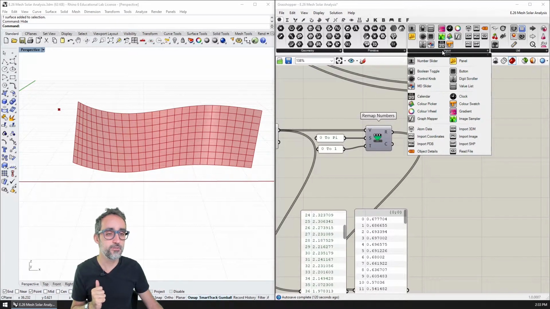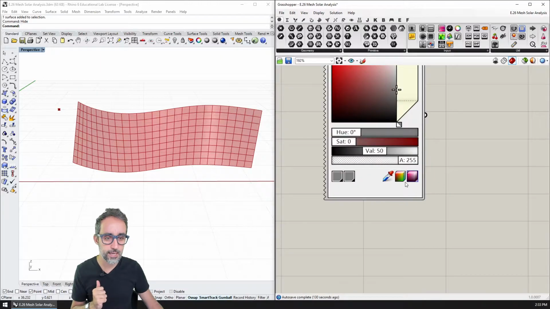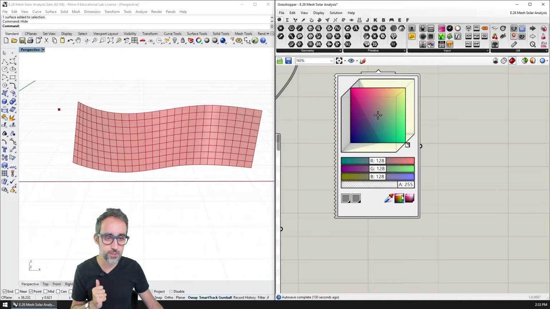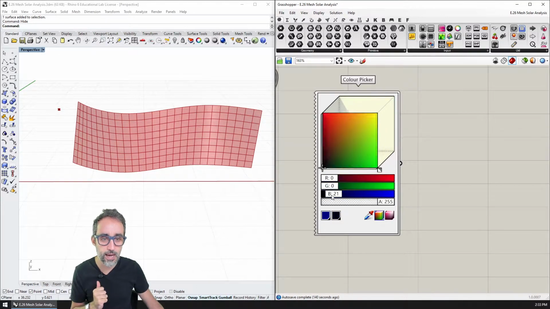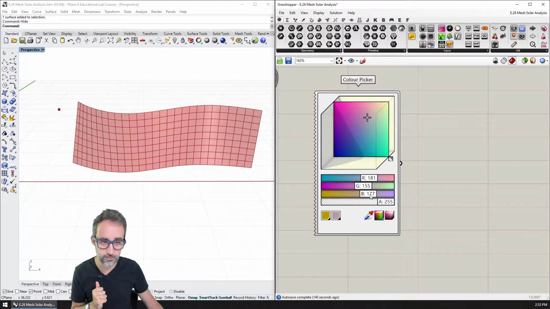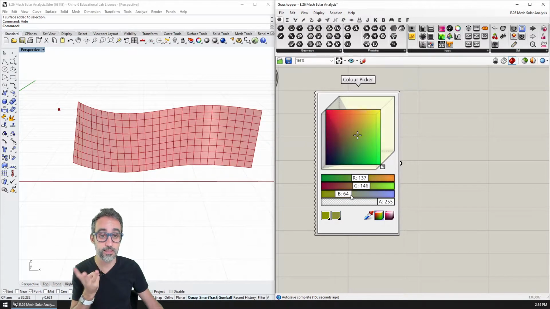So for example, if I go to the inputs tab and I drop here a color picker, and I set it to RGB space, what you can see is that when I move these 3 sliders here, I can basically move through a set of different colors, right? And each one of them is driven by the value of these 3 things called RGB. RGB stands for the red channel, the green channel, and the blue channel.